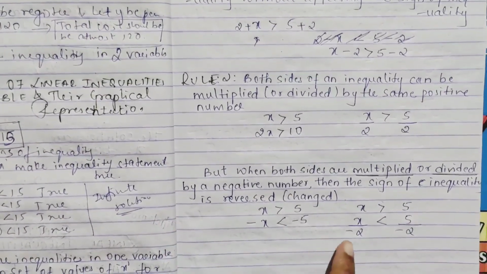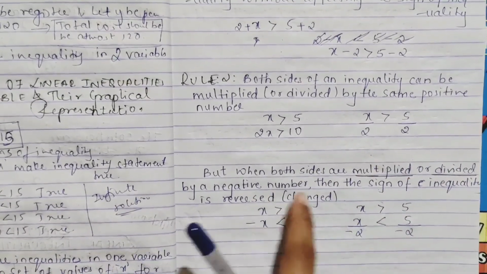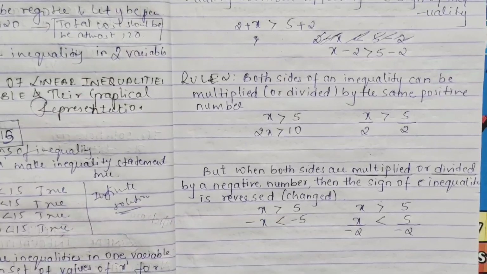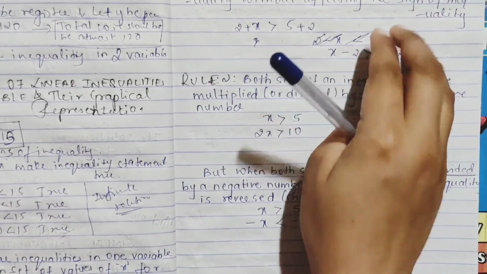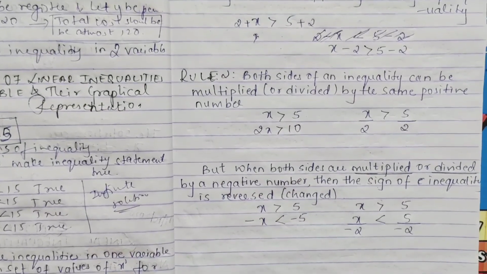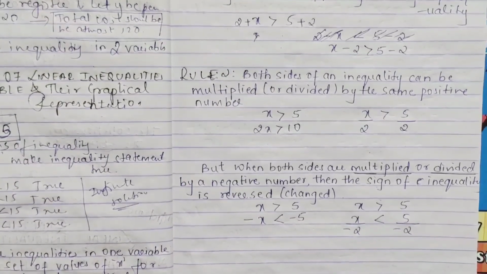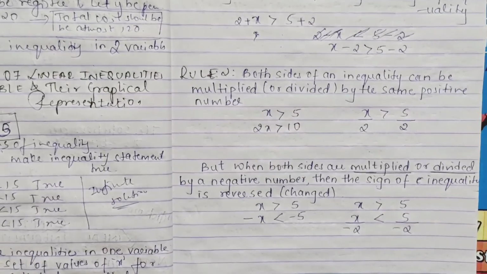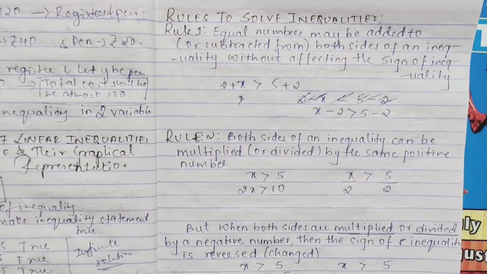Understood? When you multiply or divide both the sides by a negative number, your inequality reverses. Reverse means it changes. If it is greater than, it becomes less than. If it is less than, it becomes greater than. But for positive numbers, it remains the same sign. Even adding and subtracting don't affect the sign, but multiplication or division by a negative number, on both the sides, changes it. Pause the video to note all this down. I hope you understood the rule. While solving the problems, it will be easy.